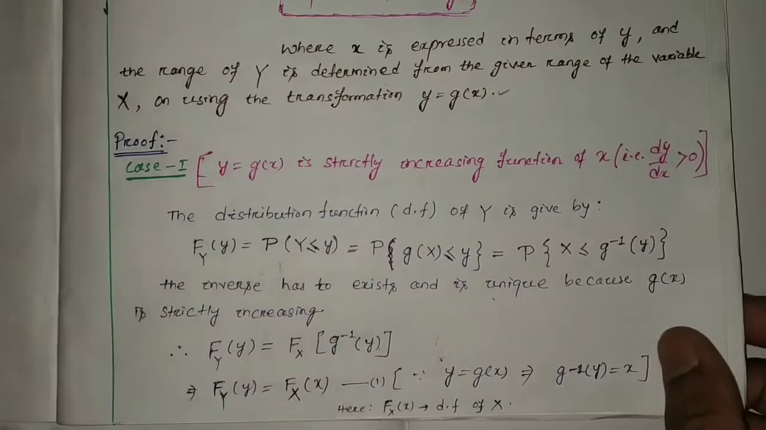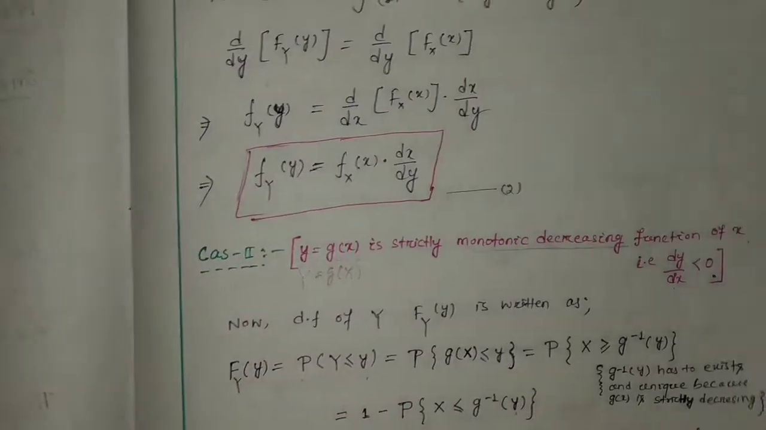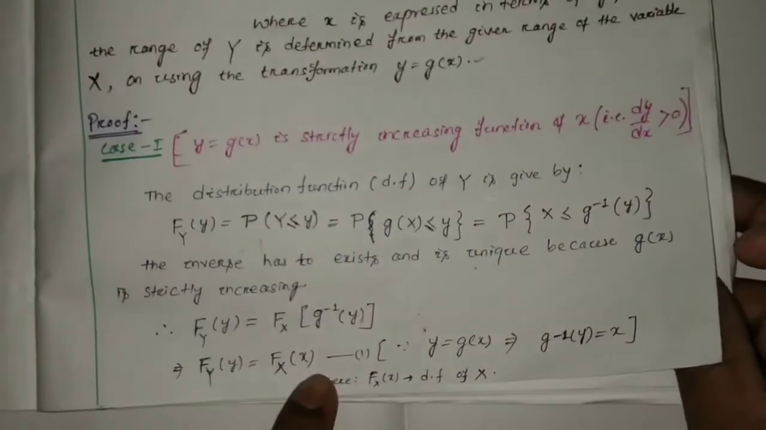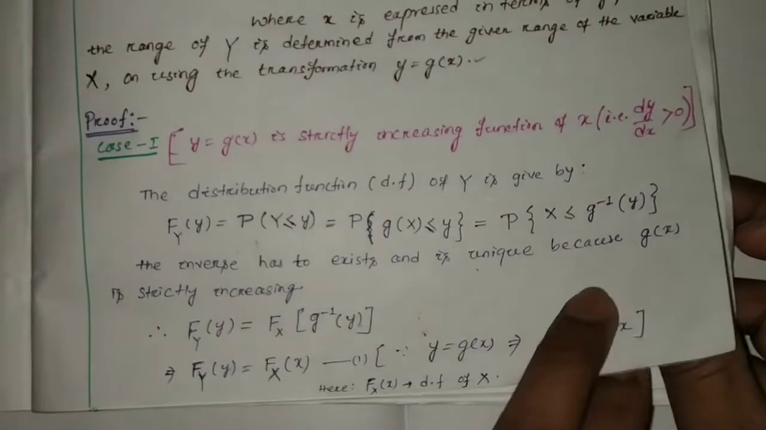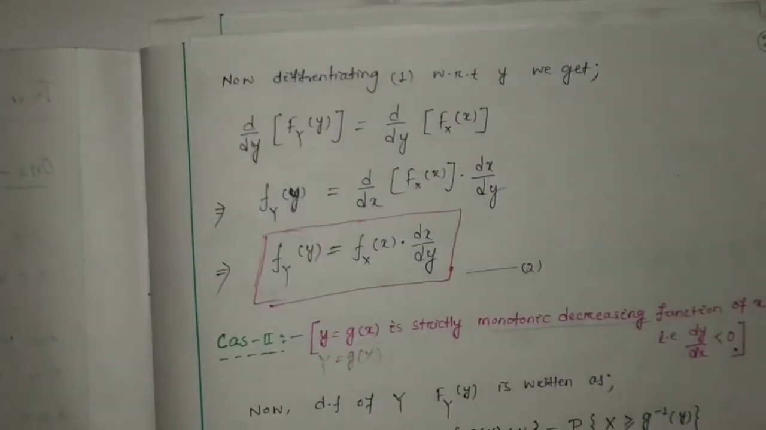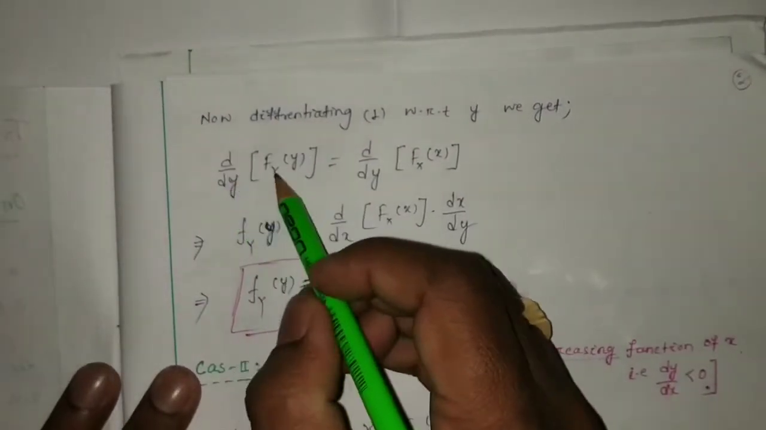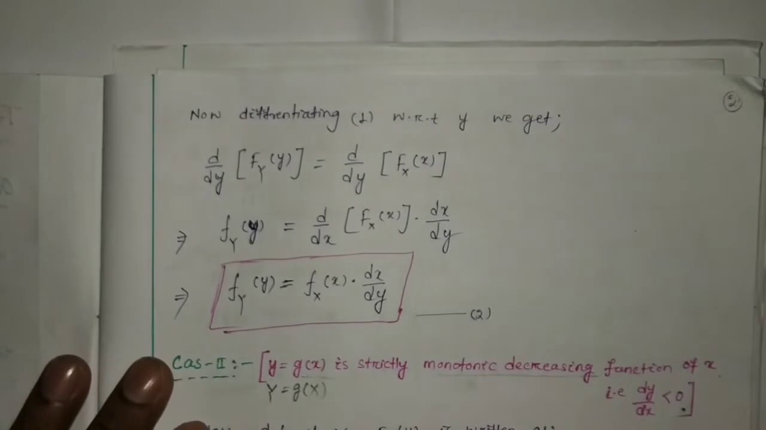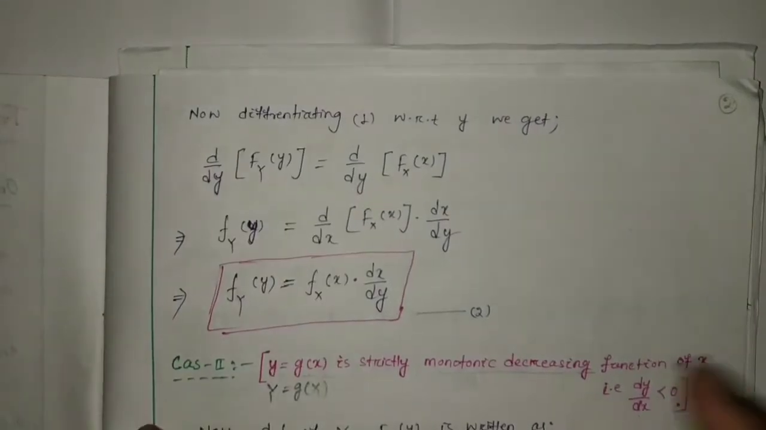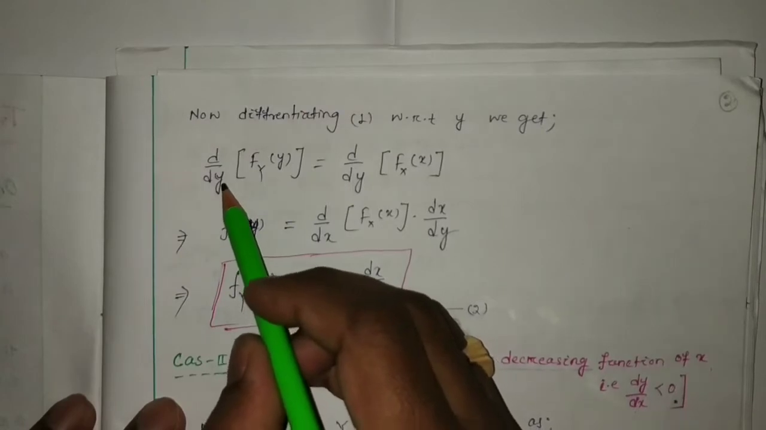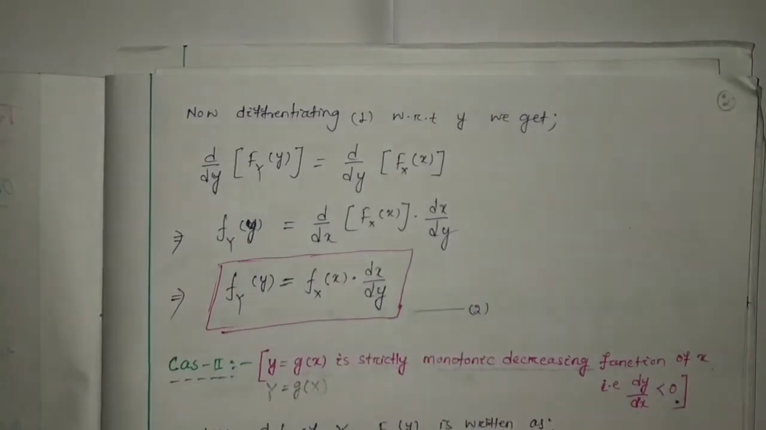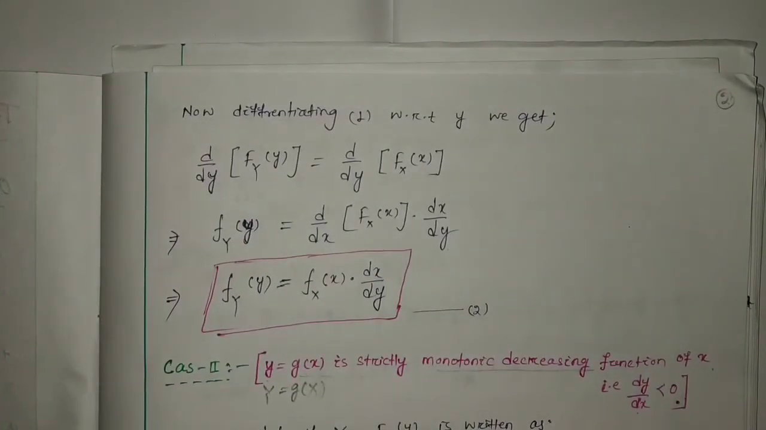Now we are going to consider the differentiation of equation number 1, whatever we found. Differentiation of equation number 1 with respect to y: d by dy of the distribution function of y is equal to d by dy of the distribution function of x. The differentiation of the distribution function of y with respect to y is nothing but the PDF of y, that we know. The probability density function,